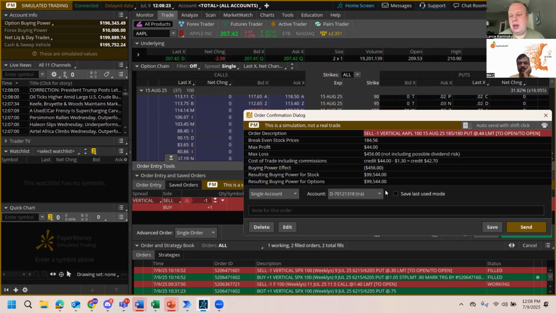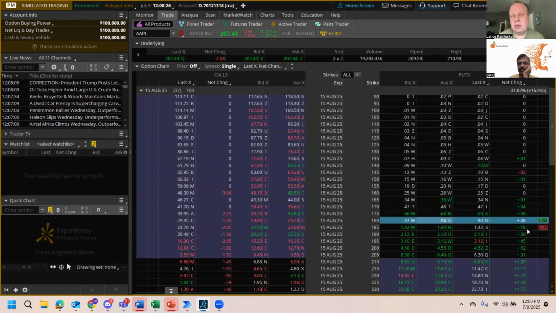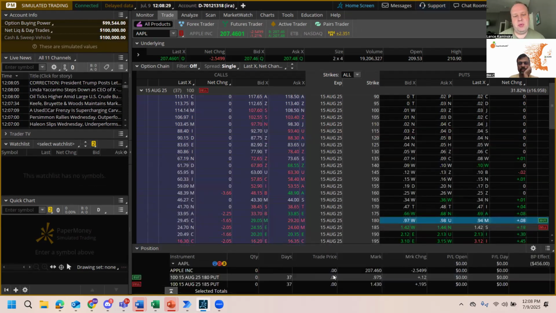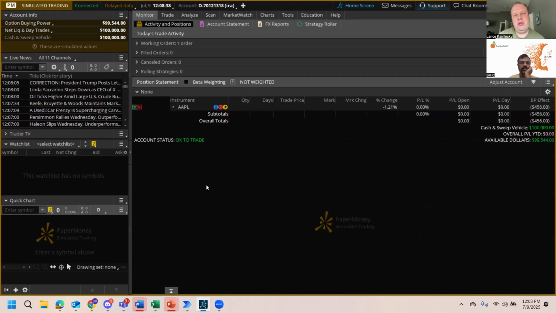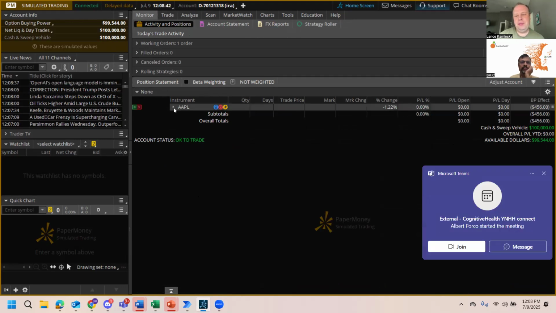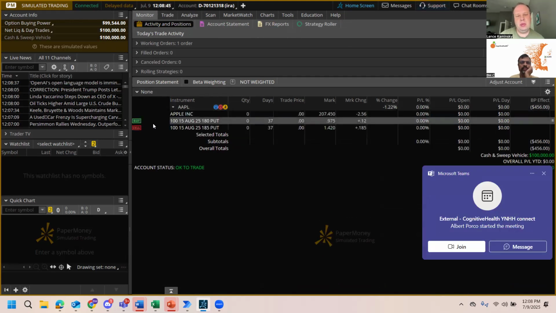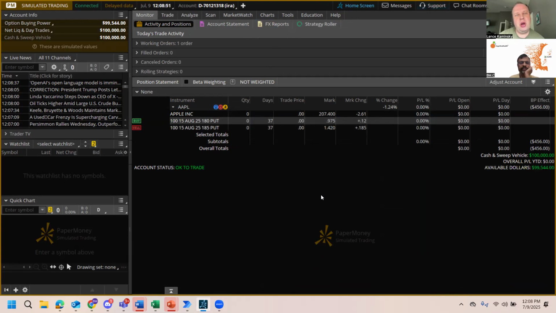Click on send on the bottom right. It should probably fill. If you go to the monitor tab on the top left and then click on working orders, click the arrow next to Apple. Right now it's not filled yet, but it probably will soon. If you click on working orders on the top,